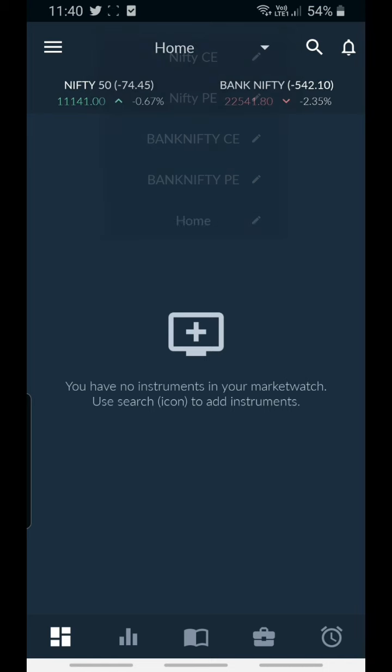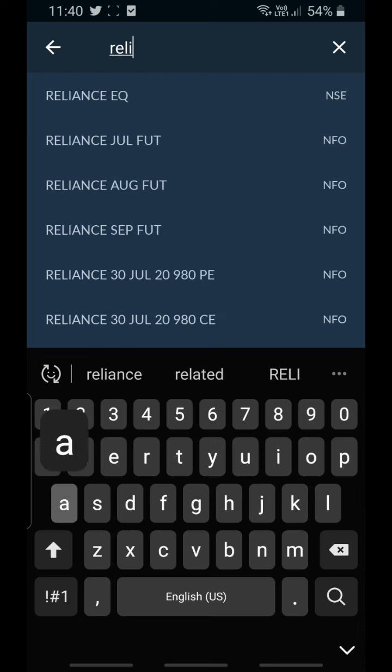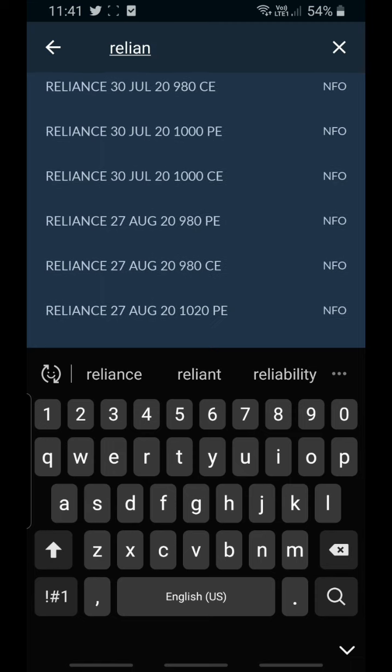Let's say this is home, and if I want to add Reliance, then I will search Reliance, then I will get Reliance. Here you can see Reliance EQ, it is Reliance Equity, and below that you can see Reliance July FUT, which is July future, that is futures, and below that you can see the option contracts also, right?